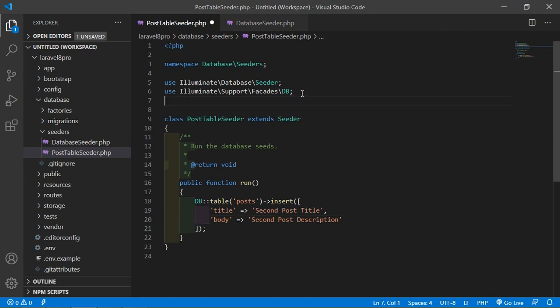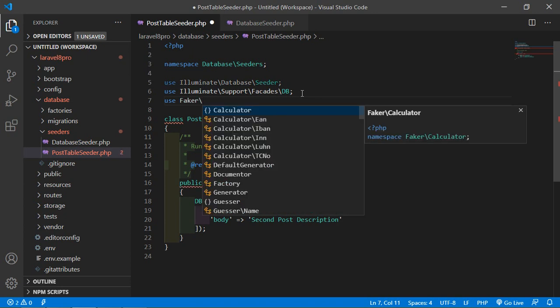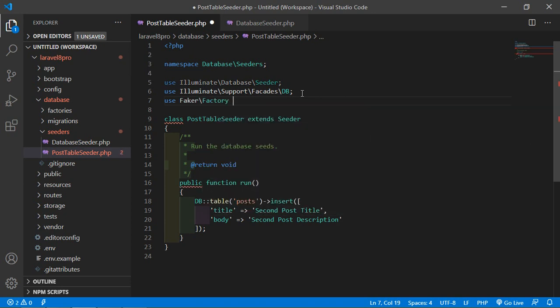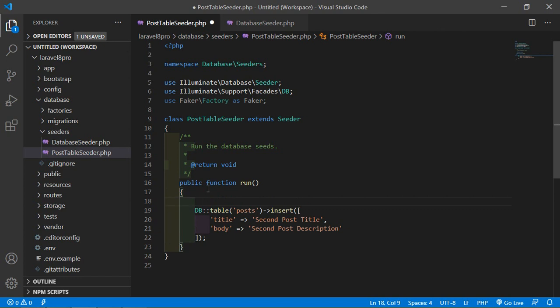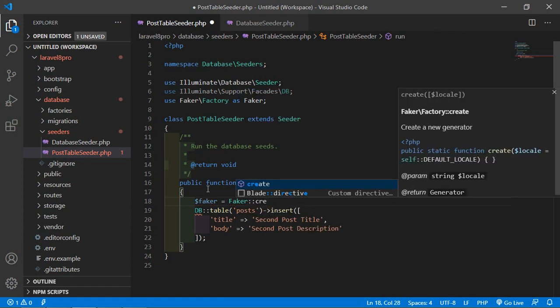Type use Faker\Factory as Faker, and inside the run method write $faker equals Faker::create.